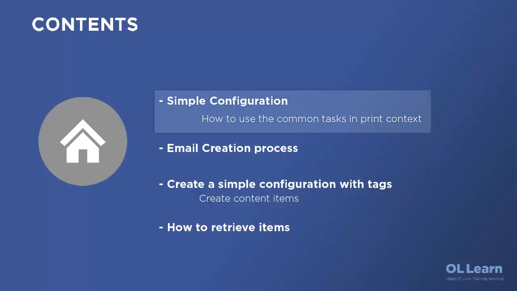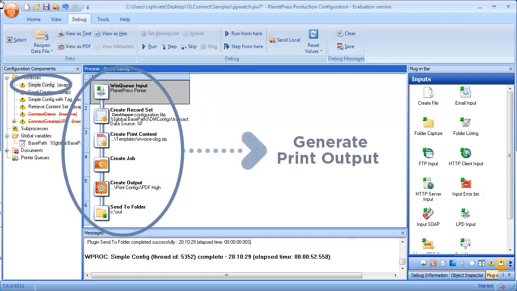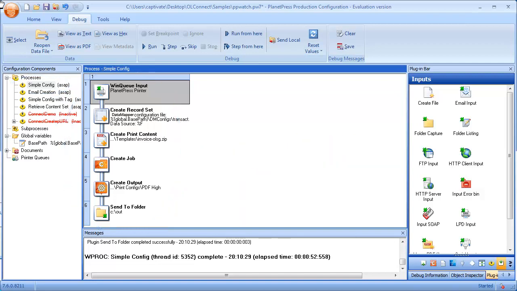So let's take a look at how we use the files that we've seen or created in the previous animations and make them all work magically in PlanetPress Workflow. So here we have the first simple process, and what this process does is it will generate the print output using the OL Sporting Goods transactional invoice that we've seen in the designer. In order to do this, we use a couple of pre-existing PlanetPress workflow tasks as well as the new Connect